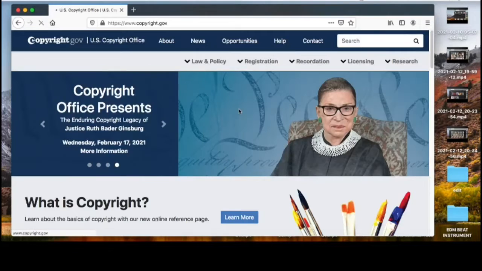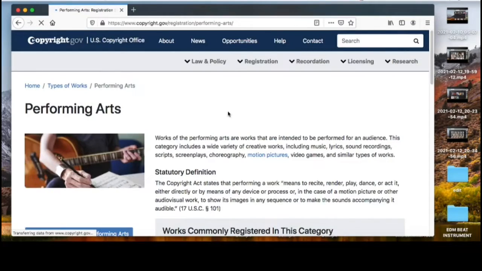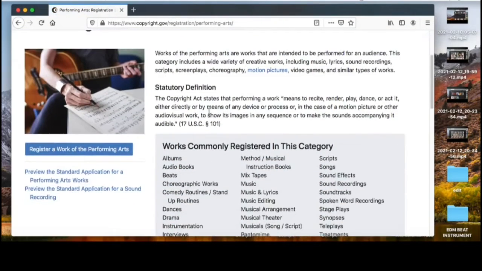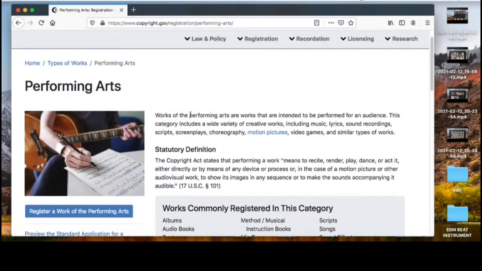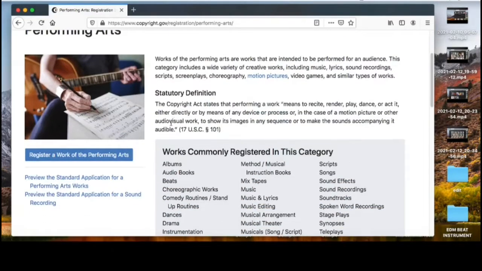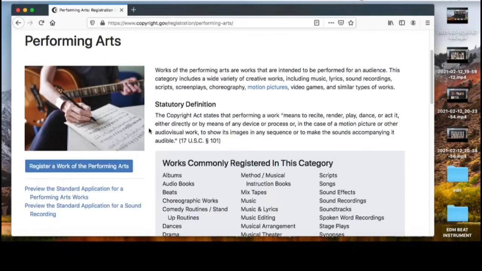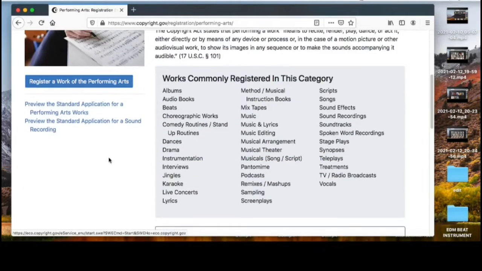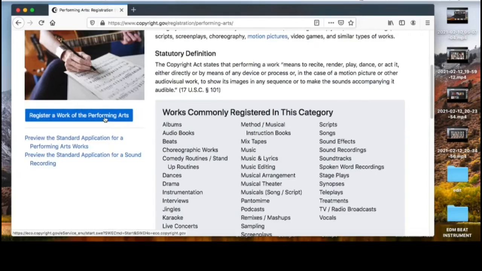Then you click here, performing art. Man, my English is not that deep, so you can excuse me for that. So you can see register a work of performing art. Then now you click,